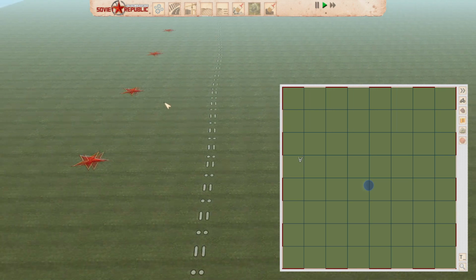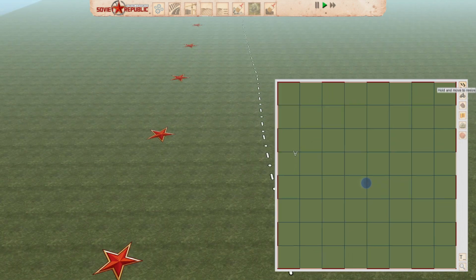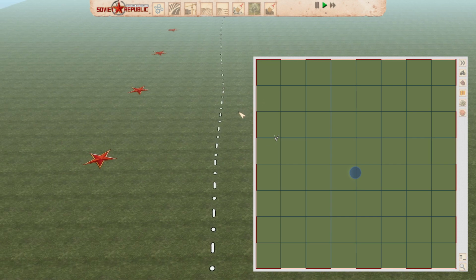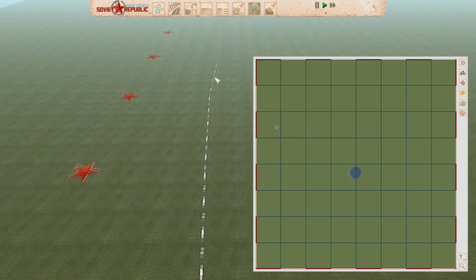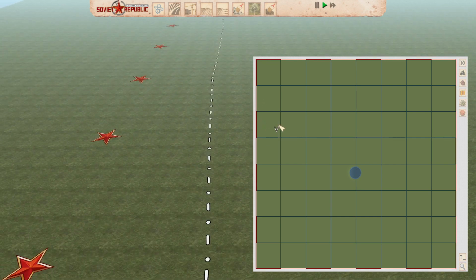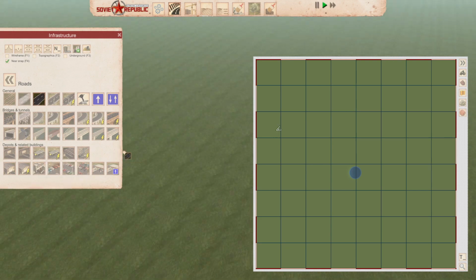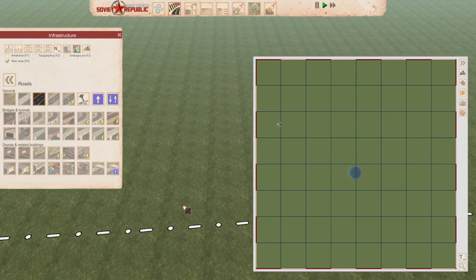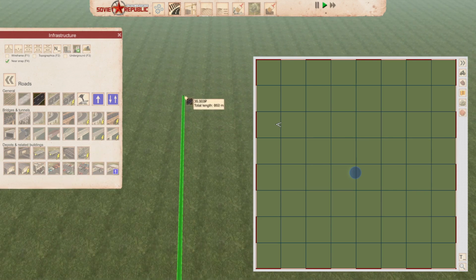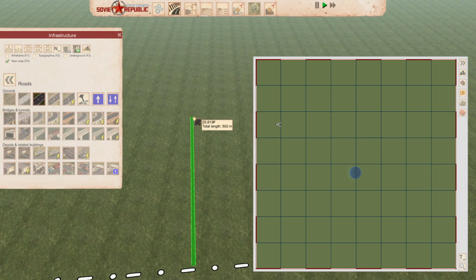But if you look on the mini map, if I take it as big as I can, you'll see that although we're lined up over this line here, it doesn't exactly match with the squares here. In fact, if I draw a road out, it's roughly 500 meters. If we get to about 500,